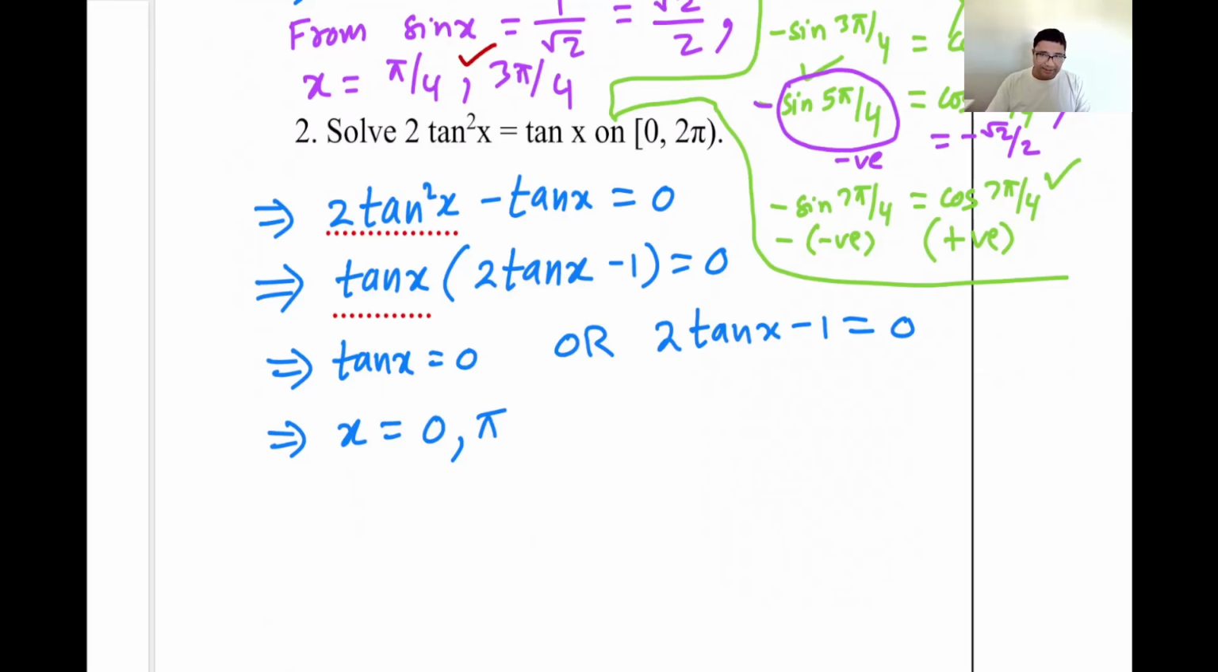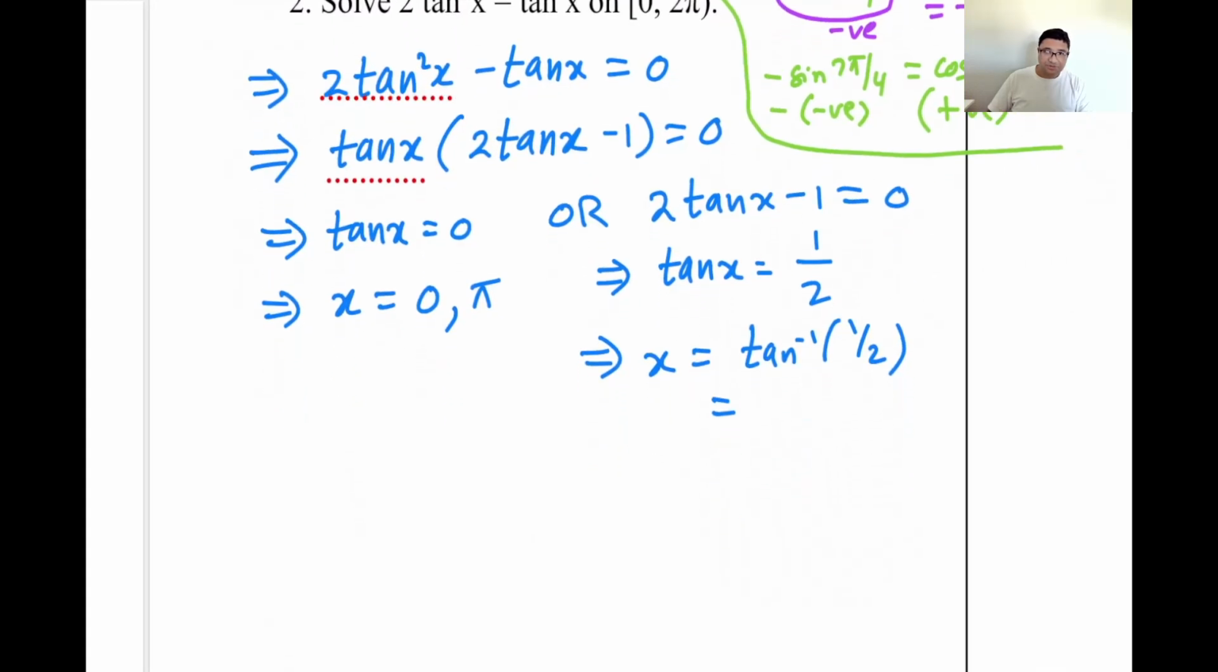Whereas if 2 tan x minus 1 is 0, then tan x is 1 over 2. Now, half is a standard value for sin x and cos x, not for tan x. Okay, you have to use a calculator. x will be tan inverse half,